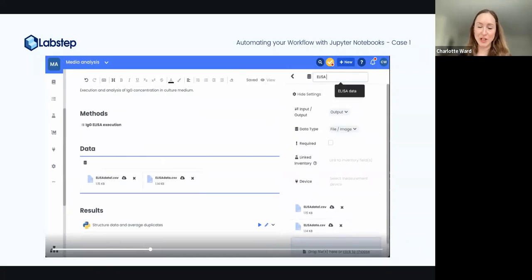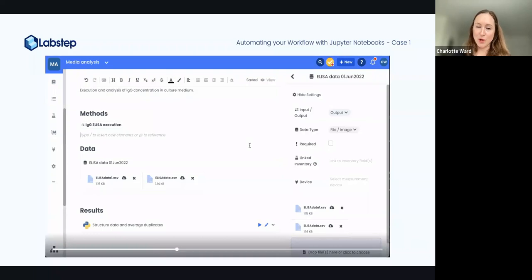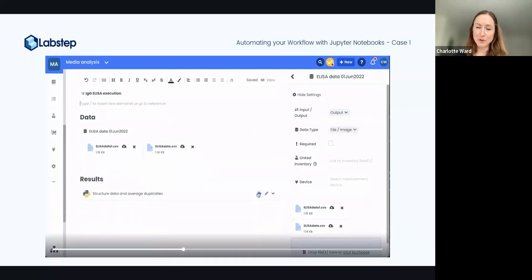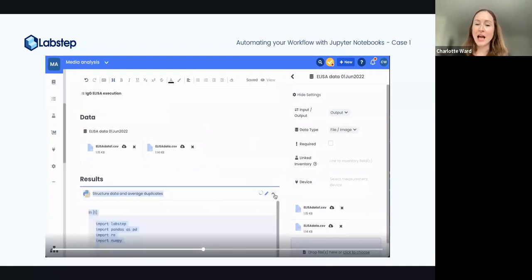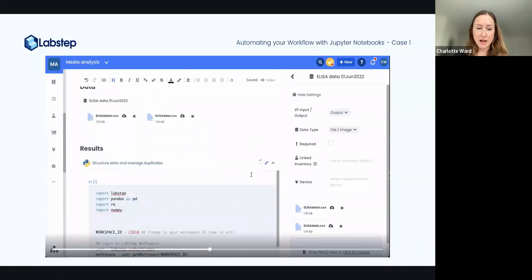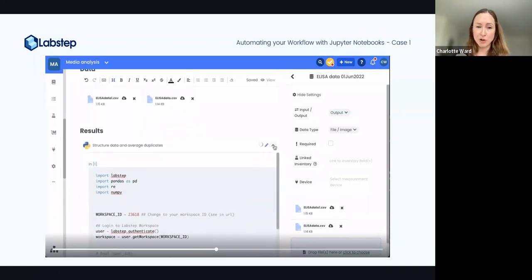And what you can see happening in the video is I'm just dropping these data sets directly into a data field in there. Regular users of Labstep will know that you can also just connect a device to Labstep. So you could have something like this set up where you just directly pull in the data from your device. And then what we've got below in this results tab, which I'm showing you right now, is our Jupyter Notebook